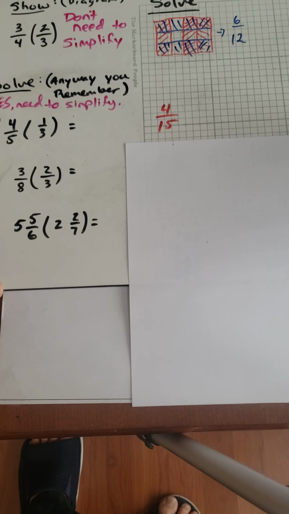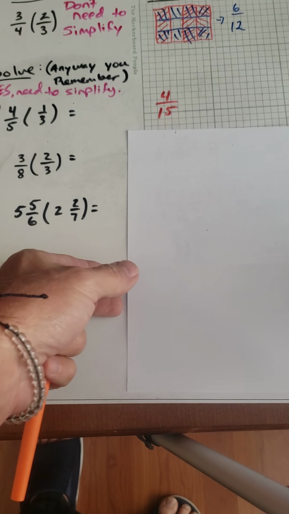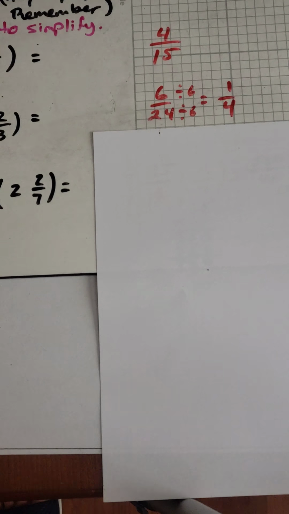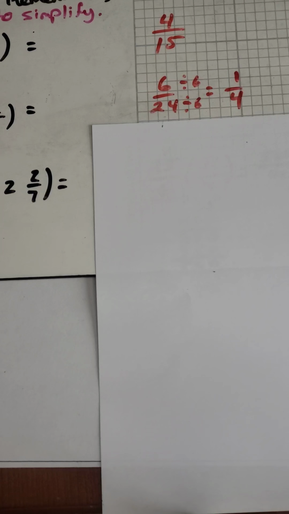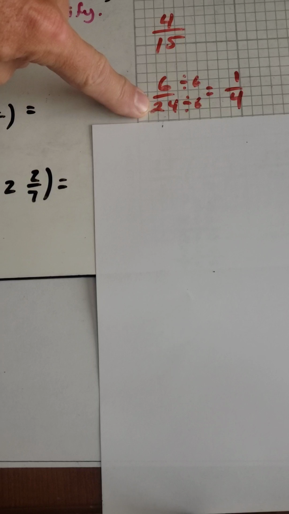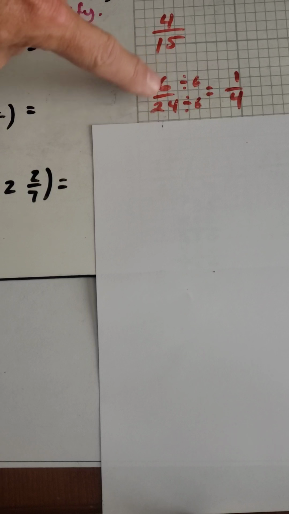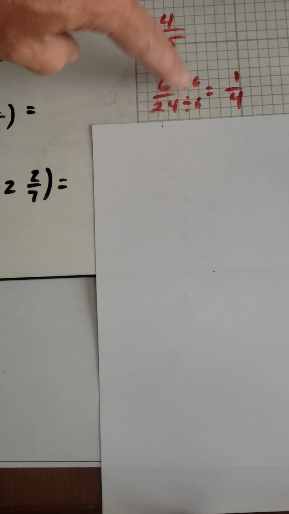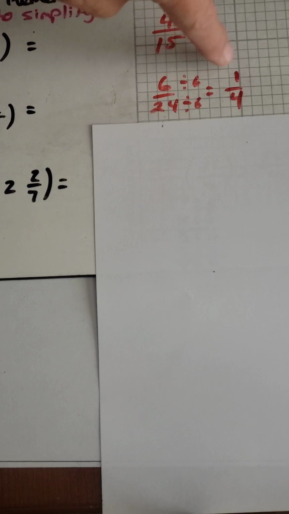The next one was maybe a tad bit harder because it wasn't quite as straightforward. Let's see if I can zoom in here. Okay, so for this one, I did 3 times 2, which was 6, and then 8 times 3, which was 24. And then I noticed that I could simplify that, and maybe you noticed it was simplified by 6s or 2s or 3s, whatever. But eventually you'll get to the simplification where it's 1/4. Okay, so again, not too bad. There's a little simplifying to do at the end,